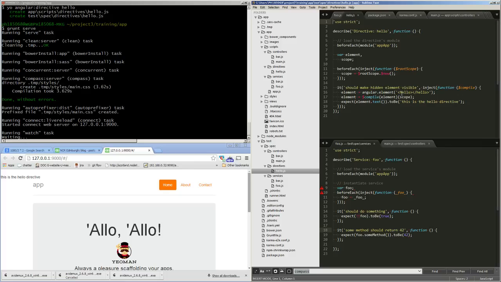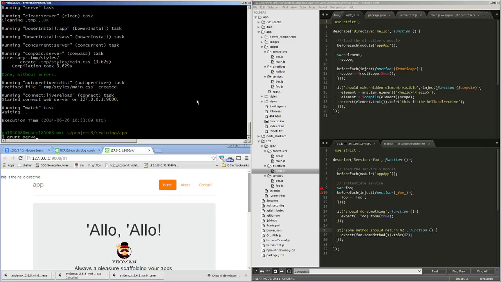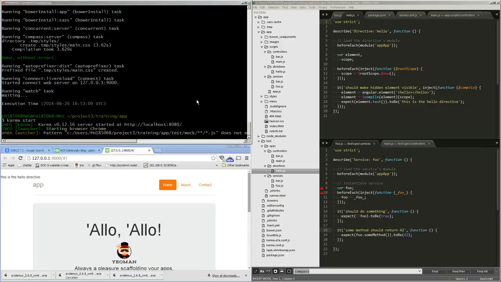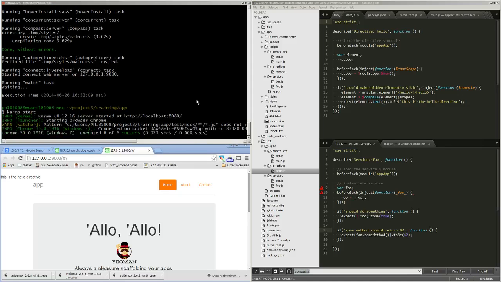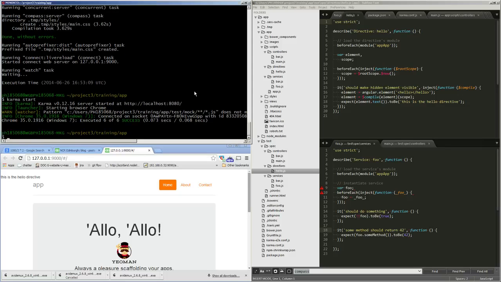Here we're creating a hello tag and compiling it, and then we expect the text of that tag to be, this is the hello directive, and that test will hopefully pass. So 6 tests, and the next thing we can do is create